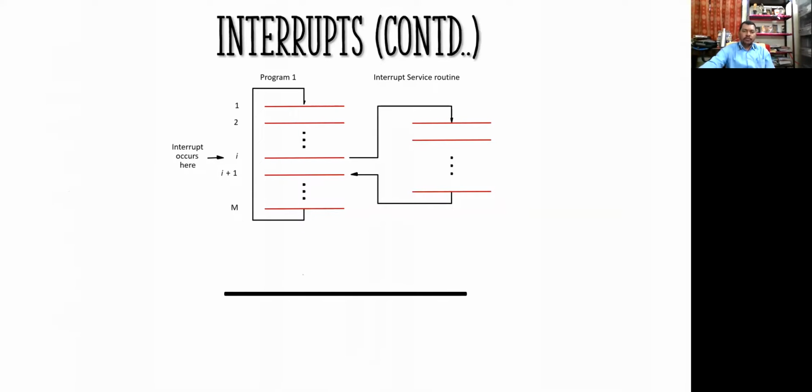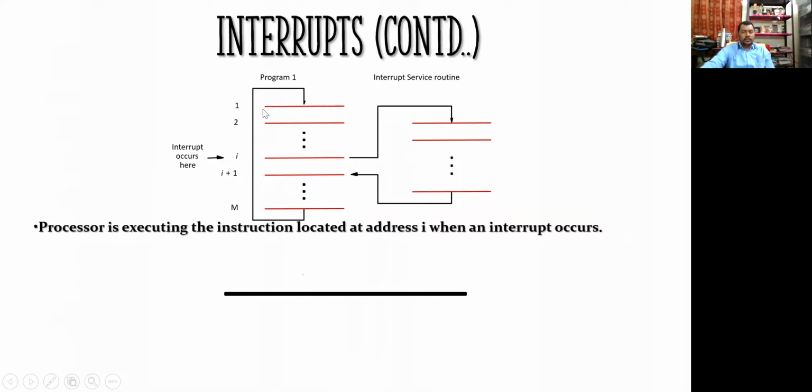So the main program, if you are able to see, is working over there, and the interrupt subroutine is over there. At this position, that is I, the main program has given the acknowledgement to the interrupt service routine, which implies that it has given all the control to this interrupt subroutine. It performs the whole program, and then it returns back to I plus one.